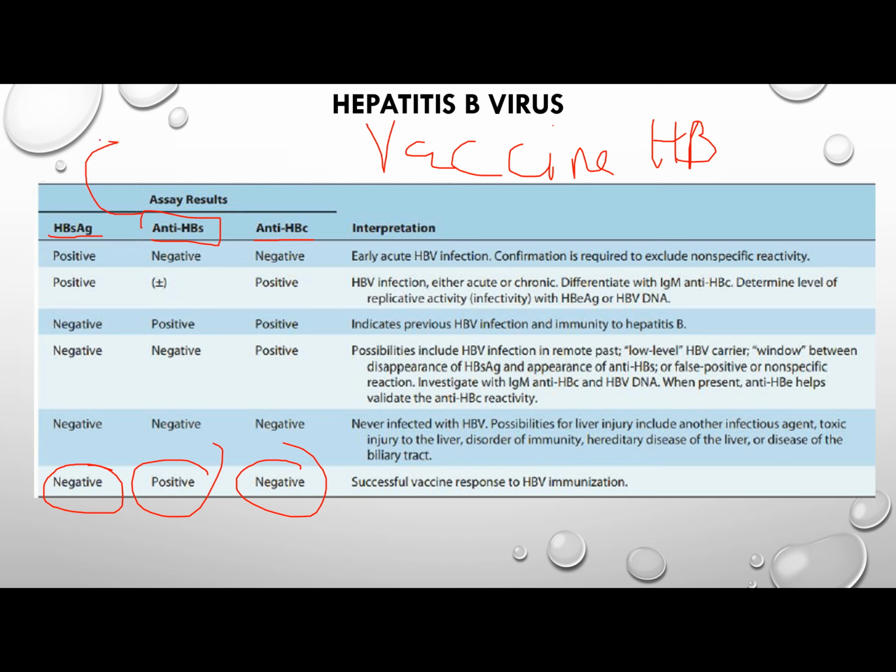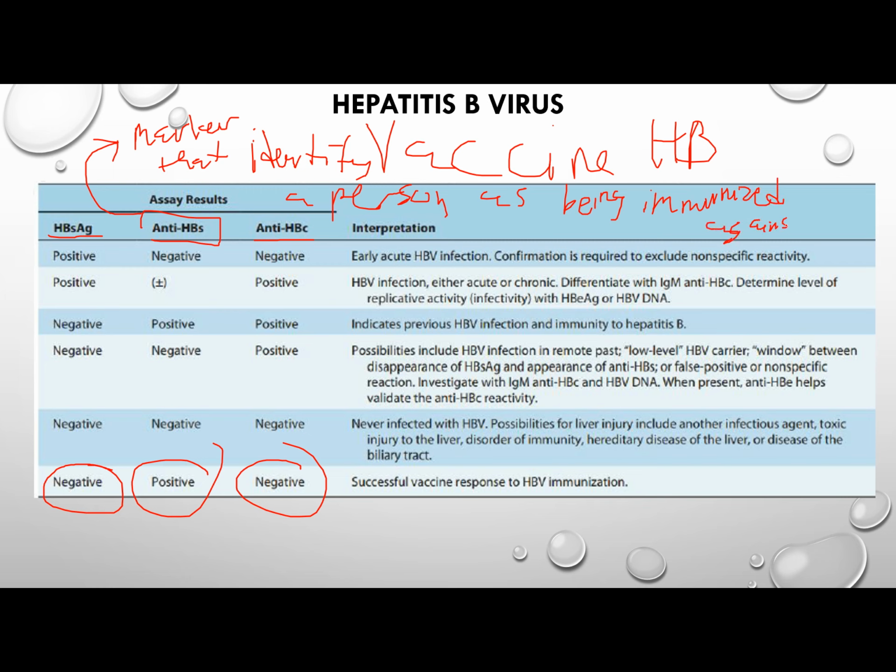That is why, class, your anti-HBs is the marker that would identify a person as being immunized against HBV. To simplify, class, if you want to know that your vaccine is effective, you need to become positive for